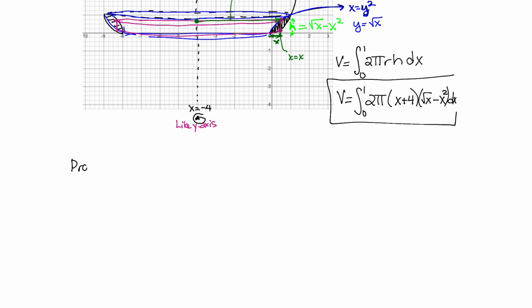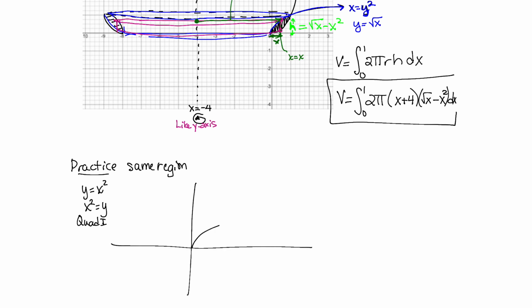Here we go. We're going to practice the same region. So we're going to take the region bounded by y equals x squared and x equals y squared in the first quadrant. In quadrant 1. So we're going to take that same region. But this time,